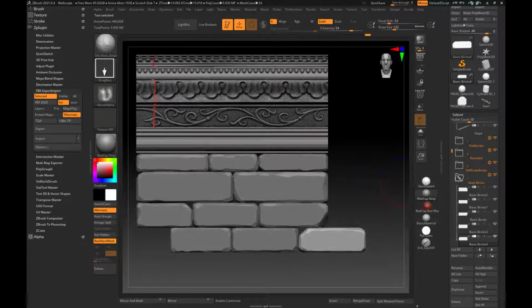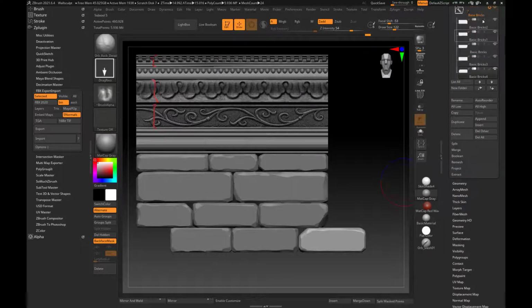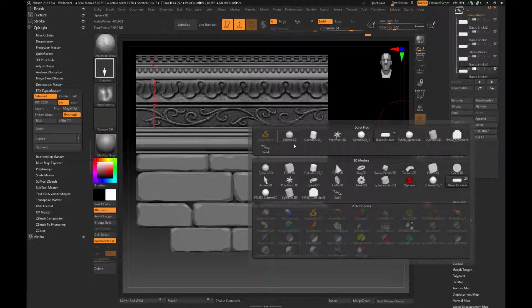All you're going to do is insert. Now I put it over here, but insert is right here. There's insert and append. Append adds it at the end of the stack of your sub-object tools. Insert puts it wherever you are. I just always use insert, so if I need to go to the end, I'll drag it to the end, but generally speaking, insert. So you go insert and you'll see all the tools that I have listed, including that